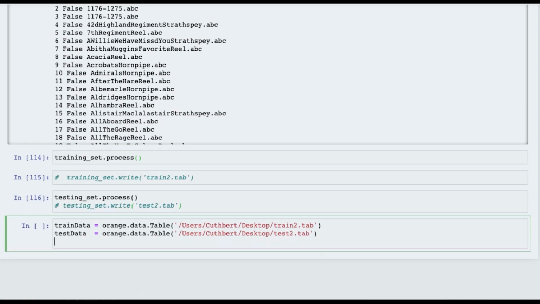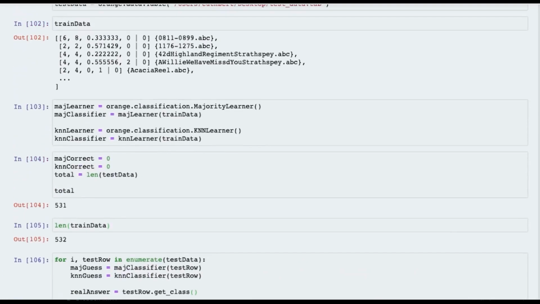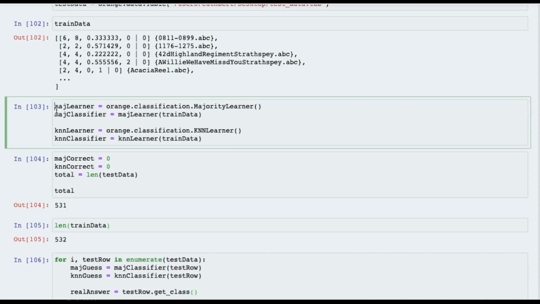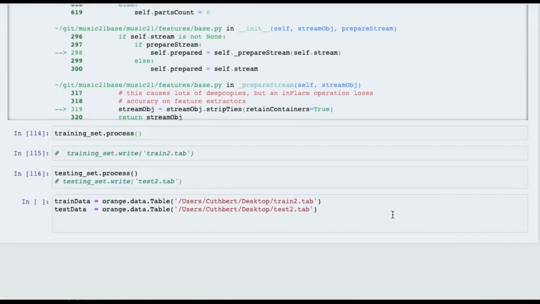Test2.tab. That's what I wrote. Okay, so again, we're going to do everything as before. Why do everything as before when you can just copy and paste? Because now we've already written everything out for